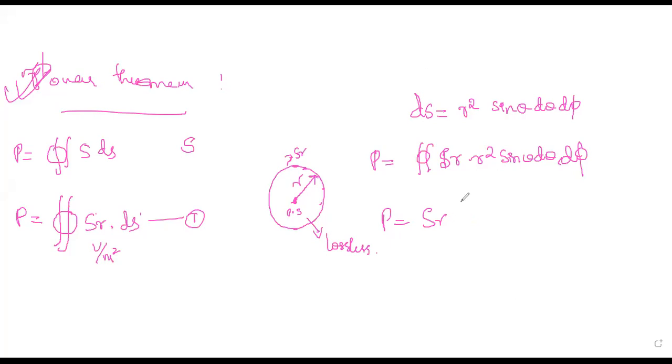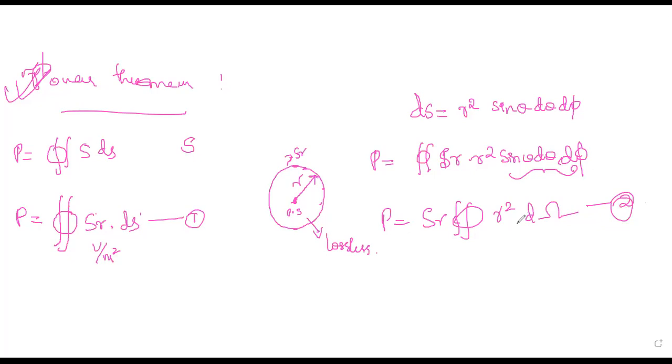So this is the double integral of r square. What is sine theta d theta d phi? It is d omega. You have to study the formulas. So this is, make it as second equation. Now if you integrate this over the surface of a sphere, what will you get?